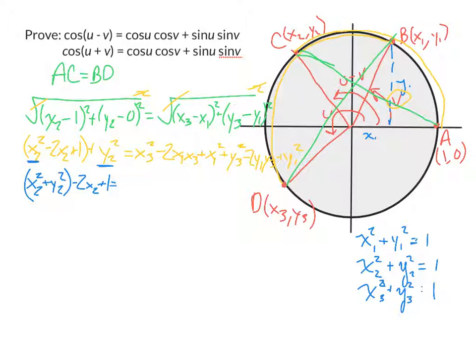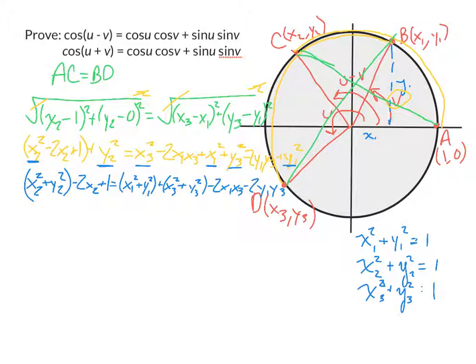on the right side. My x1 squared and y1 squared I'm going to put together, as well as the x3 and y3s that are squared. So x1 squared plus y1 squared added to x3 squared plus y3 squared. And then I have the rest of the stuff, so minus 2x1, x3 minus 2 y1 and y3. All right, so the